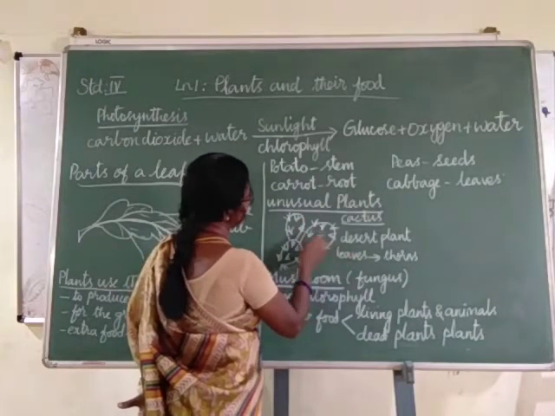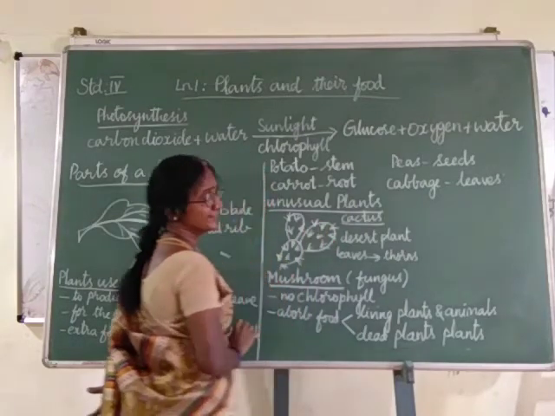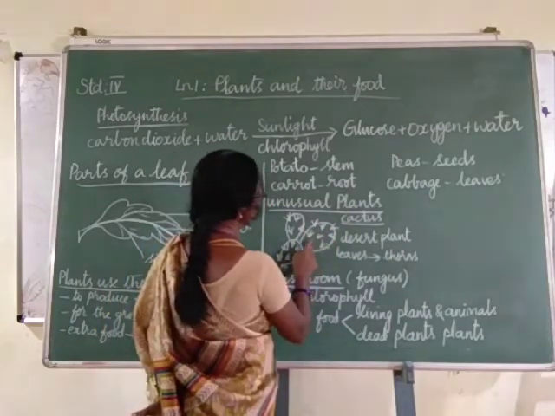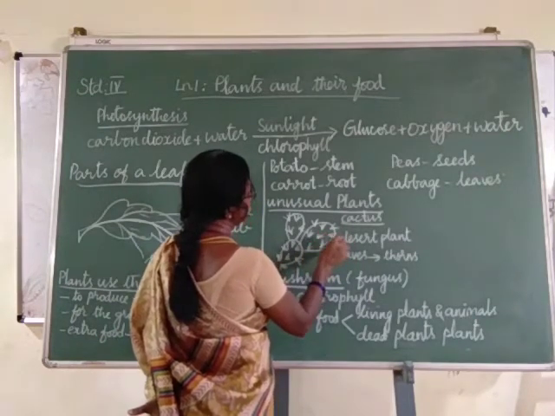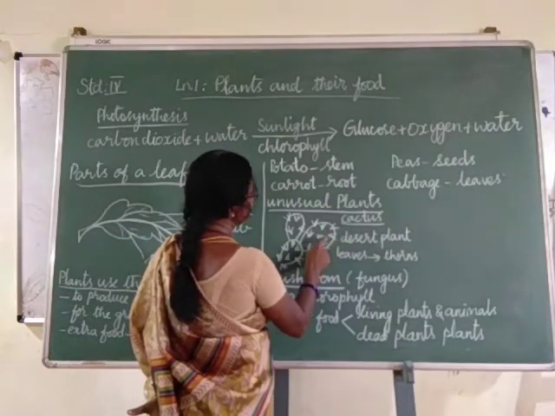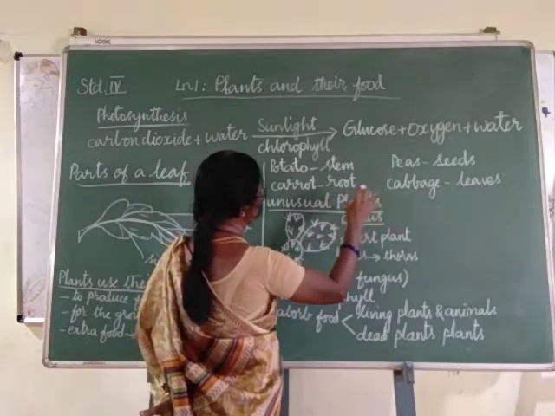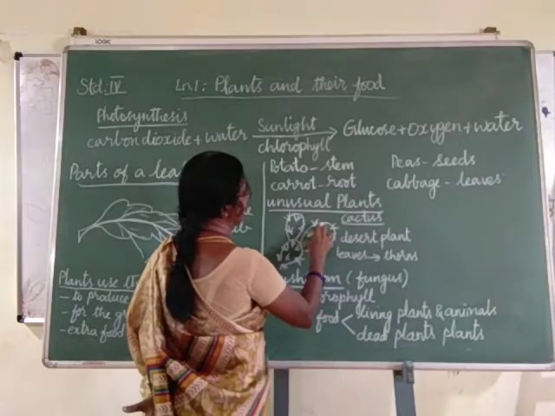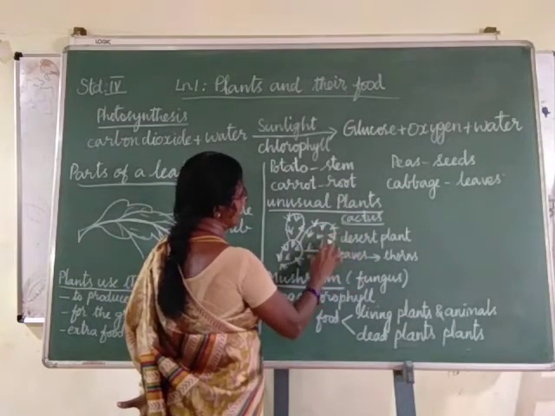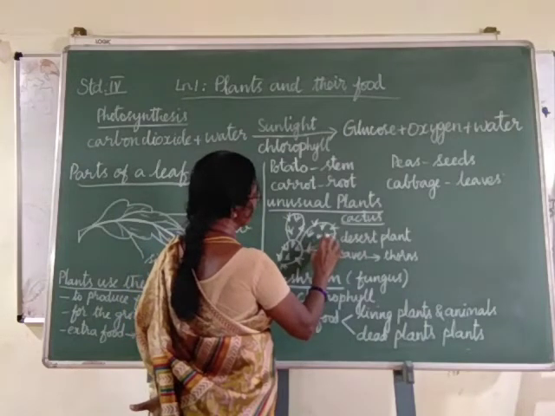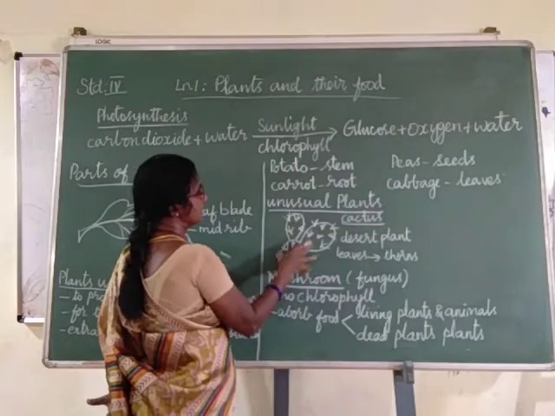Instead of leaves the stem prepares food. Also the leaves are reduced to thorns. Why are the leaves thorns? It prevents the excess water from being lost in this dry place. Because it is in the desert, all the water in it would evaporate. So it prevents excess water from being lost. Also it protects the plant from the animals.